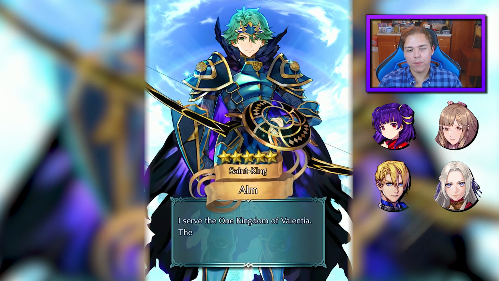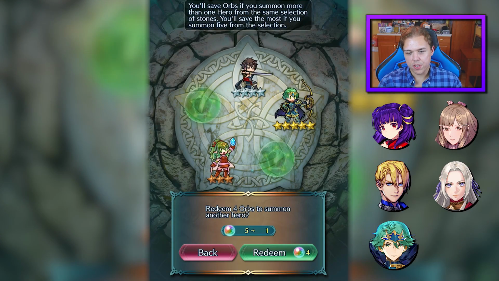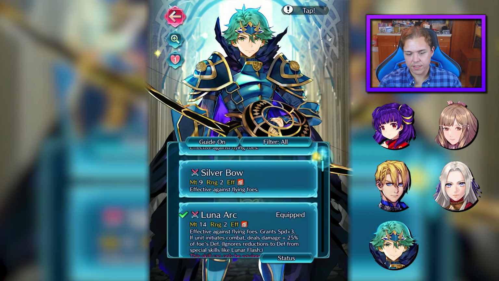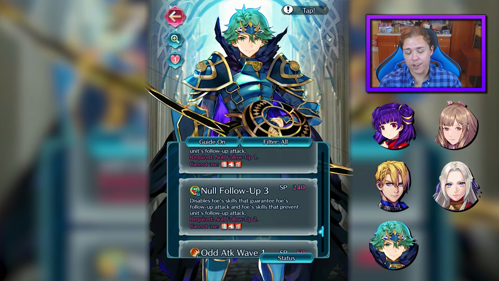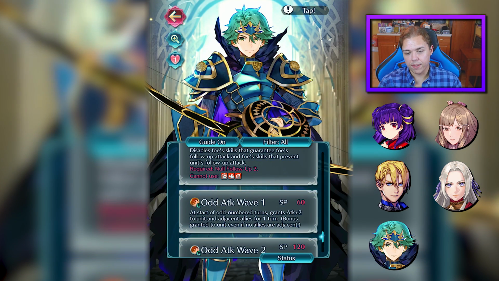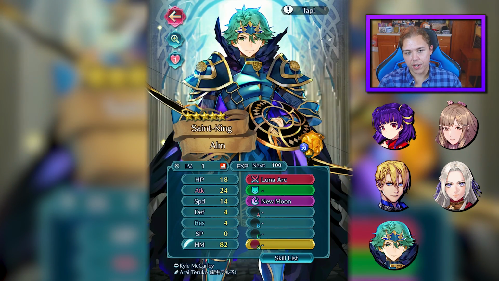I have a Legendary Alm already. I have one that I got from his original banner. So this is nice, though. It's minus attack, which is not good, but what does he come with again? I forget. Darting Blow 4. That's kind of an interesting piece of fodder. And also Null Follow-Up. Also pretty interesting. Okay. Not that, you know, you should really fodder legendary units, but...